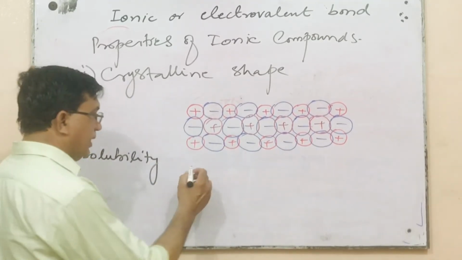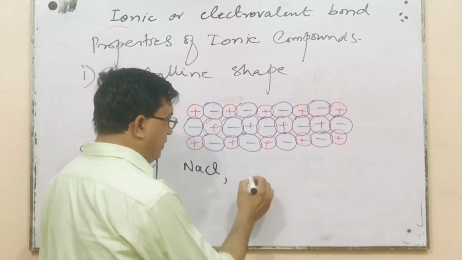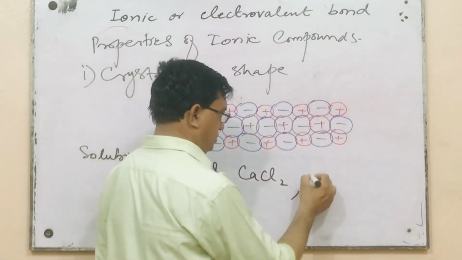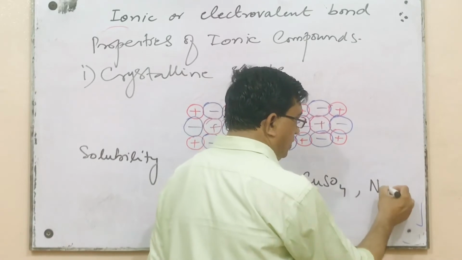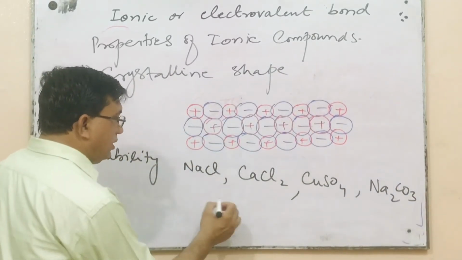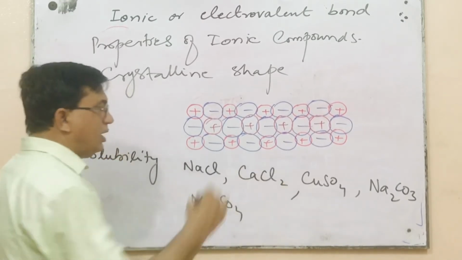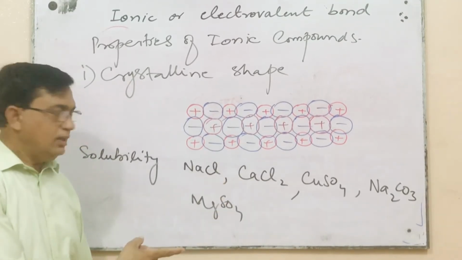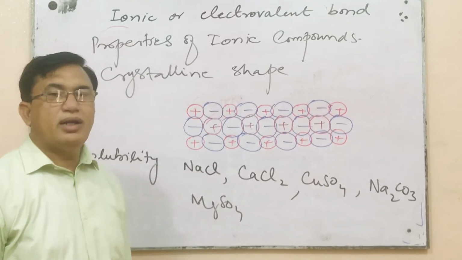For example, NaCl, CaCl2, CuSO4, Na2CO3, MgSO4. All these are solids which are soluble in water, but there are some ionic solids which are insoluble